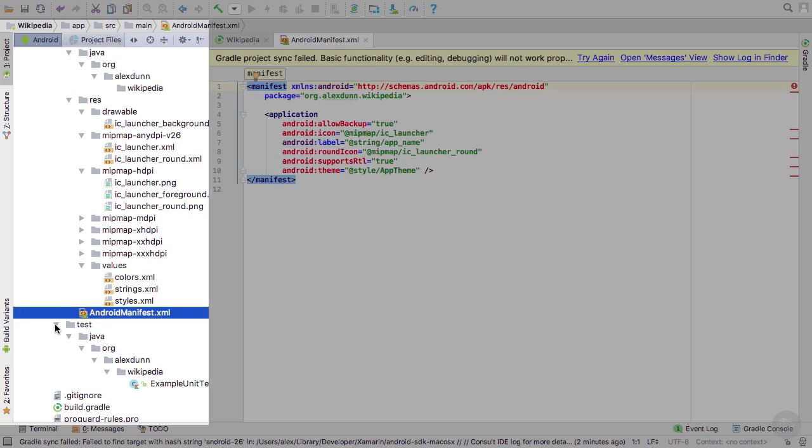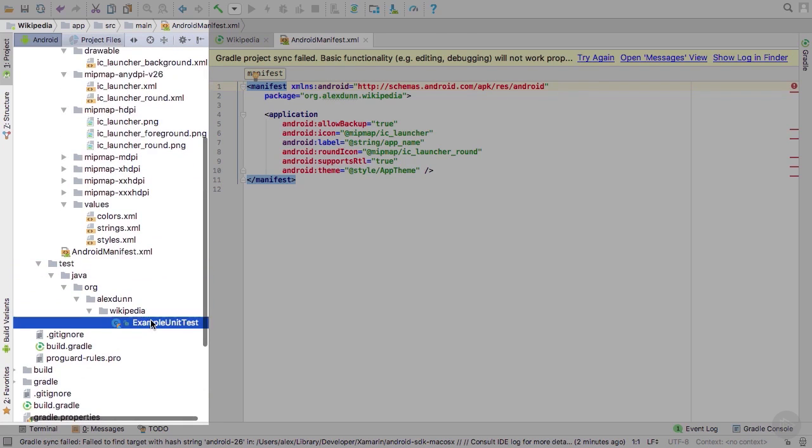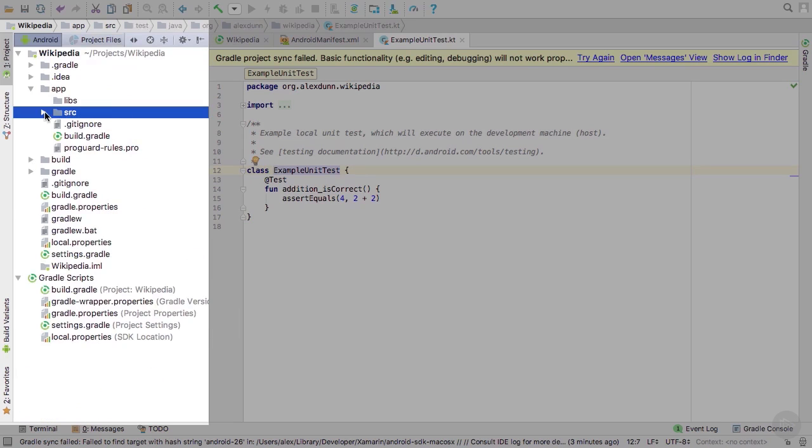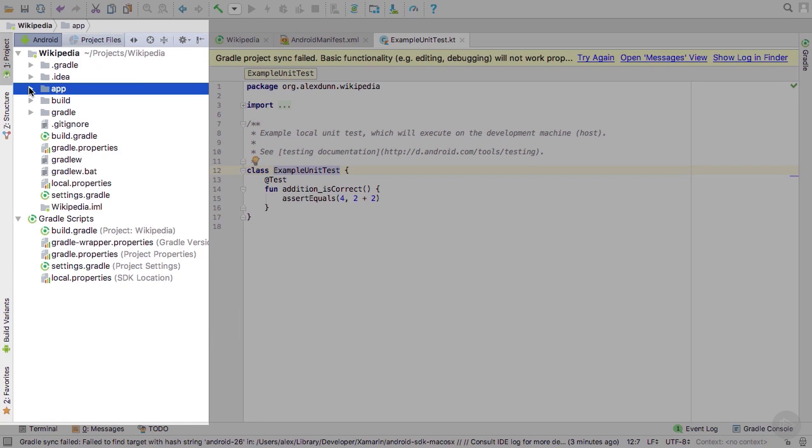We also get a test folder, which includes example unit tests using Kotlin. We won't dive much into unit testing in this course. However, there are other courses on using unit testing in Android development that might help if you're interested in learning about unit tests. If we collapse our folders back to the root, we'll see that we have some other folders,